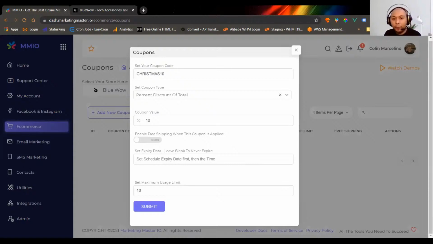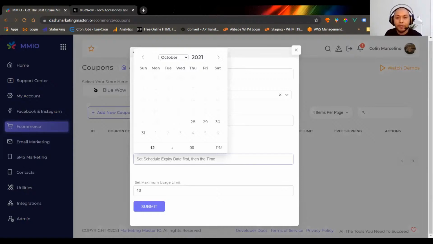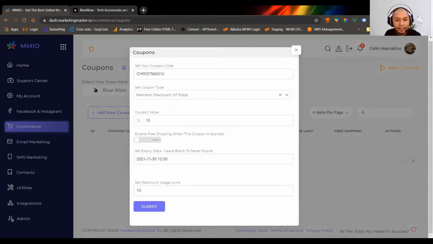We are not going to enable a shipping fee here, but we are going to set an expiry date. You can also add an expiry date for your coupon. Let's say that this coupon will only last for 1 month, so you can set an end date. For the maximum usage limit, let's say this coupon can only be used a maximum of 100 times. After 100 of your customers have used the coupon, it will expire. By the way, for now only one customer can use a specific coupon. So let's click submit,